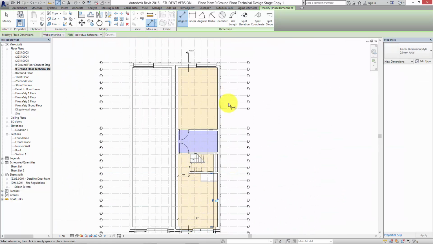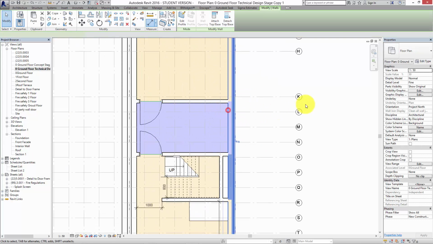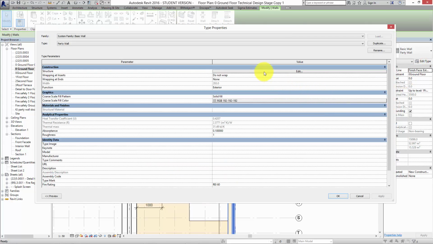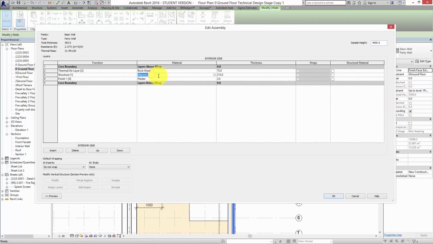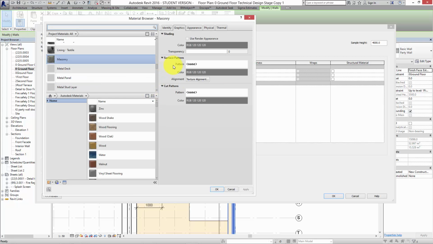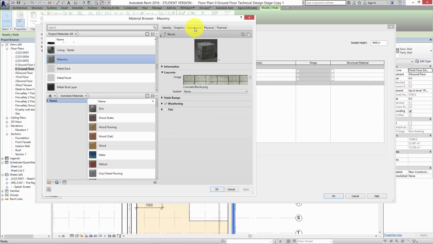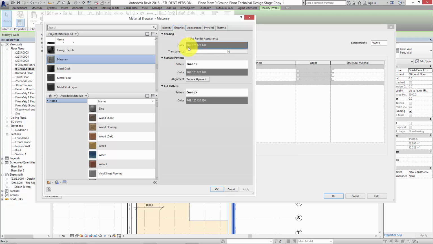Hatches in the wall, so let's just select this wall, edit type. So you need to fill in your wall in exactly the way you want it to be. So let's have a look at this structure. Structure is masonry. So we can change the cut pattern here. I mean, if we're looking at, what are we looking at here? This kind of stuff. Okay, so the first thing I would do is just change the cut pattern so that it's at least